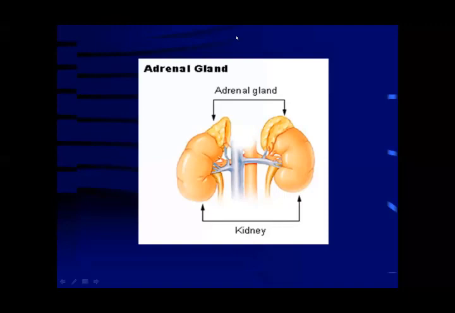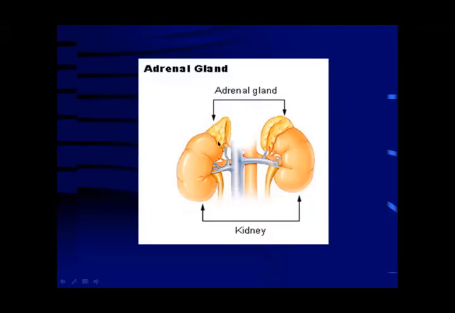Adrenal glands are tiny structures, triangular in shape. They are lying on the superior pole of the kidney. You can see in this picture that this is the right kidney and this is the left kidney. This is the main artery, which is giving the right renal artery and left renal artery. The left renal artery is longer than the right, and this is the inferior vena cava. So this is the kidney structure. This is the superior, middle, and inferior pole. This is the ureteric structure. These are the two glands lying.